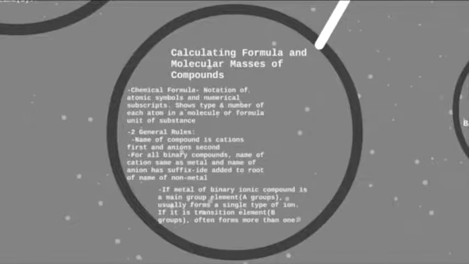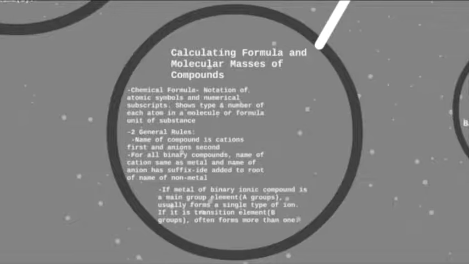A chemical formula is a notation of atomic symbols and numerical subscripts that shows the type and number of each atom in a molecule or formula unit of a substance. 2 general rules are: one is that the name of the compound is the cation first and the anion second. The second rule is that for all binary ionic compounds, the name of the cation is the same as the